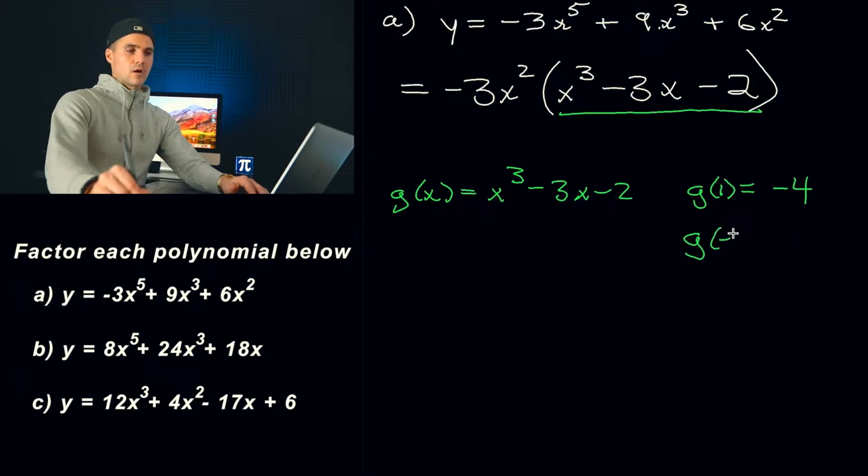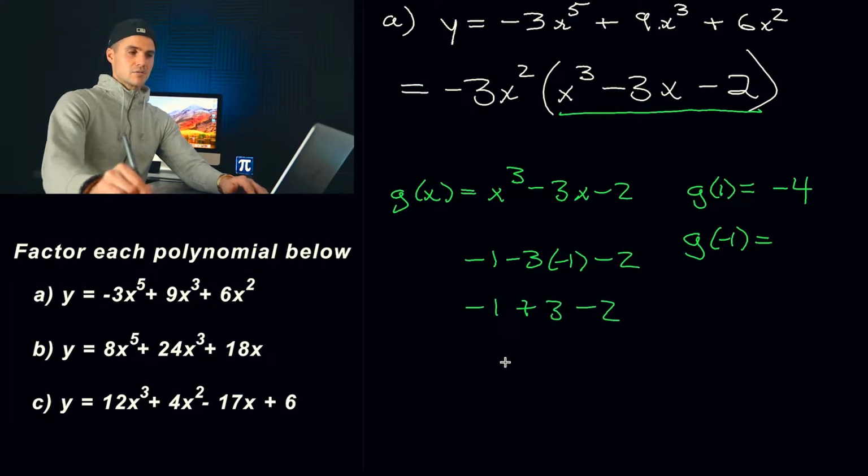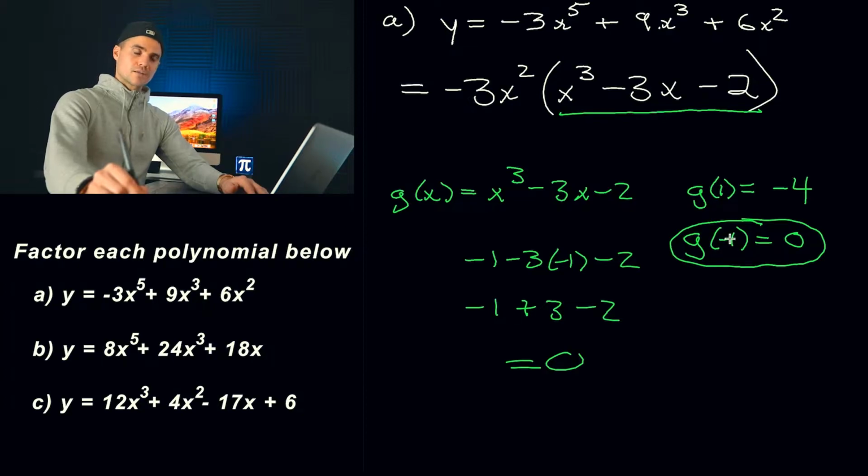And then negative 1, we would plug in negative 1 here. We'd have negative 1 to the power 3, which is negative 1, minus 3 times negative 1. So let's actually fully write it out. It would be negative 1 minus 3 times negative 1 minus 2, which would be negative 1 plus 3 minus 2, which would indeed give us 0. Okay, so because g of negative 1 is equal to 0, we know by the factor theorem that x plus 1 is a factor